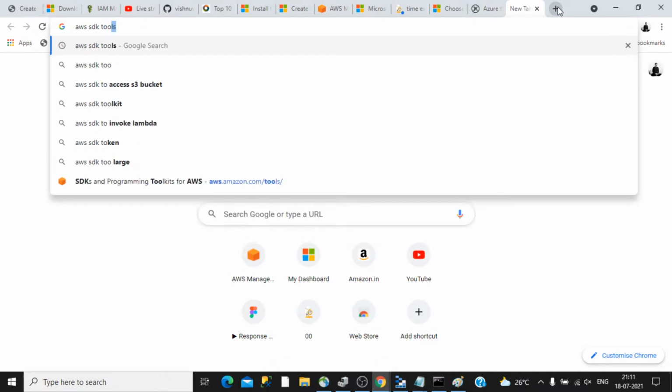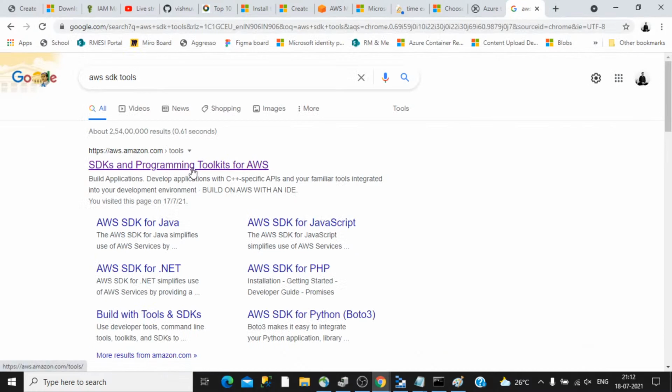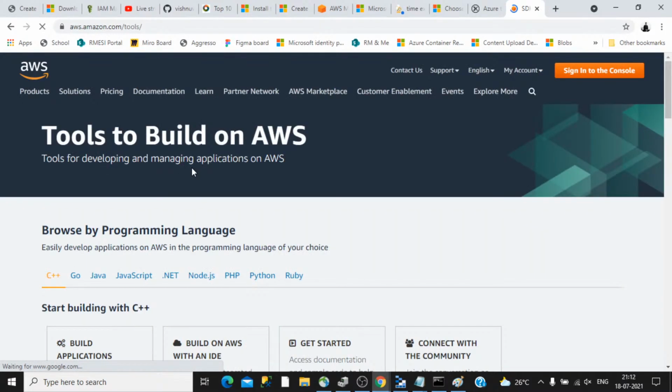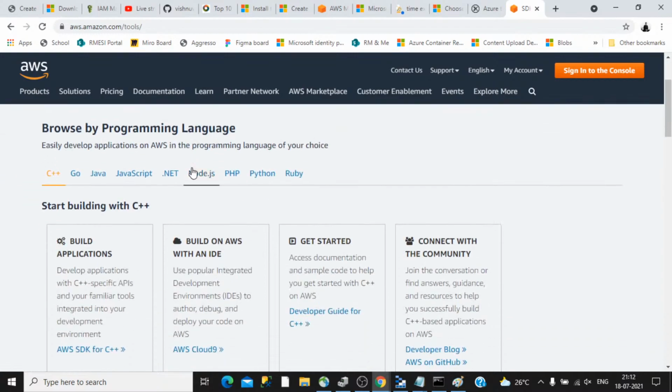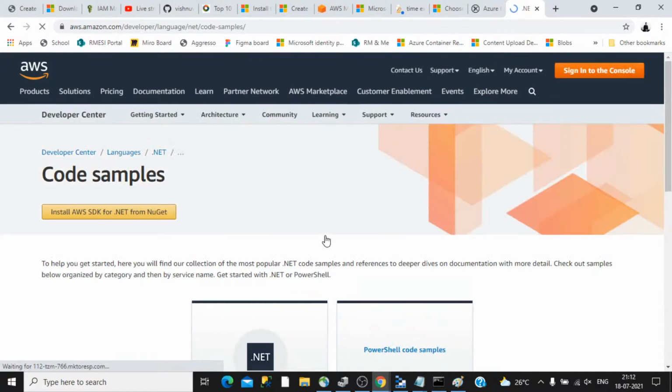or you can always do a Google search on how to connect a particular type of application. Your application can be in any language, it can be C++, Go, Java, or JavaScript. So let's say .NET. So how we can use this particular SDK, everything is there, and there are a lot of other articles provided by Amazon.